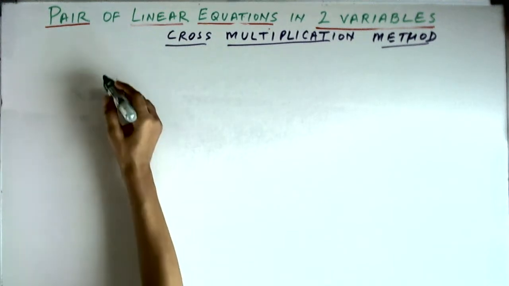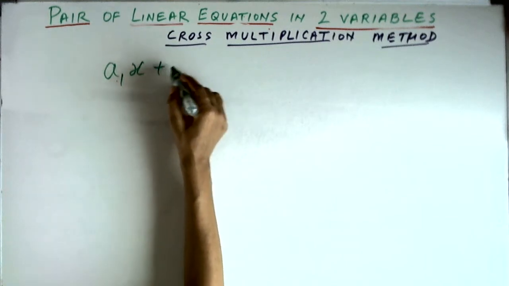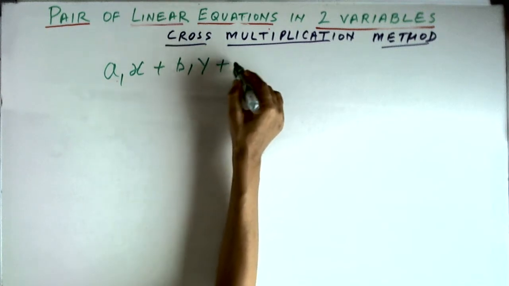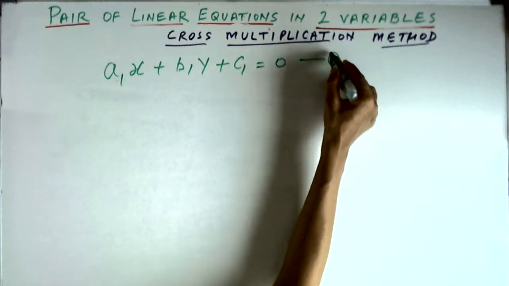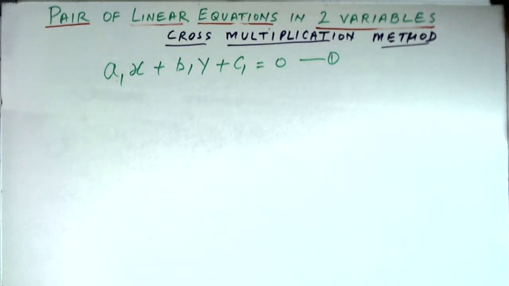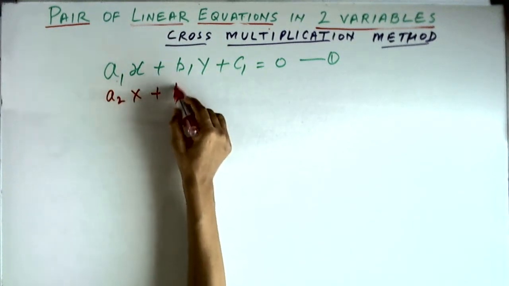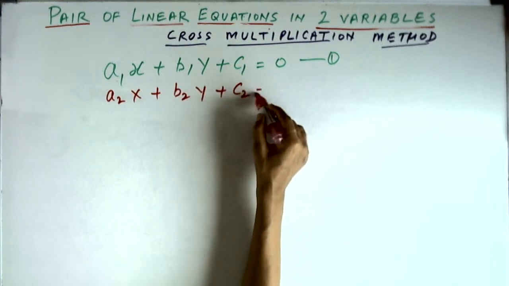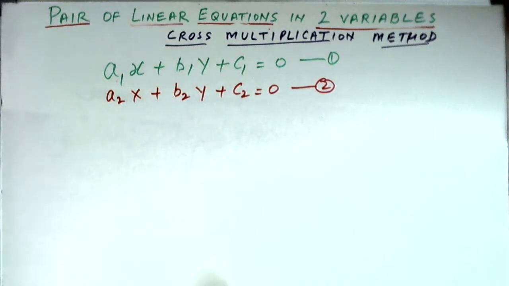we take this generic form of two equations: a1 x plus b1 y plus c1 equal to 0. So this is equation number 1. Then equation number 2 is a2 x plus b2 y plus c2 equal to 0. So these are the two equations. And then